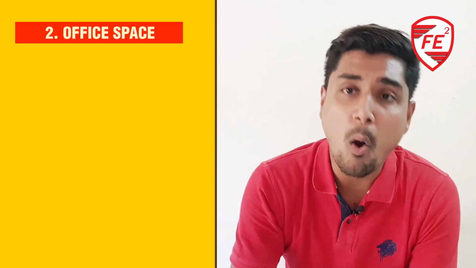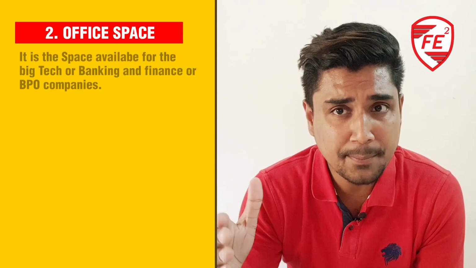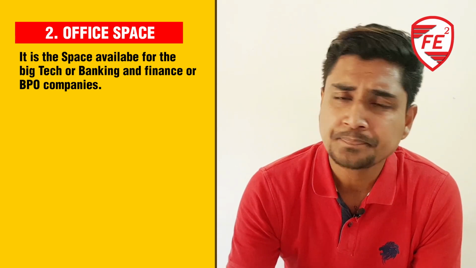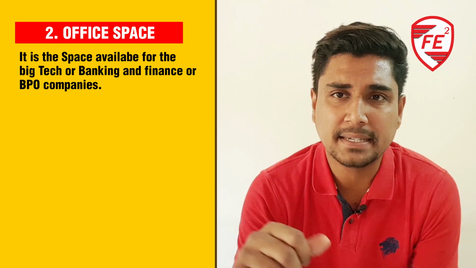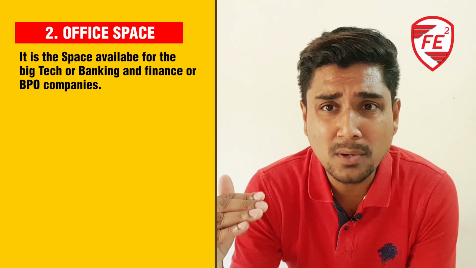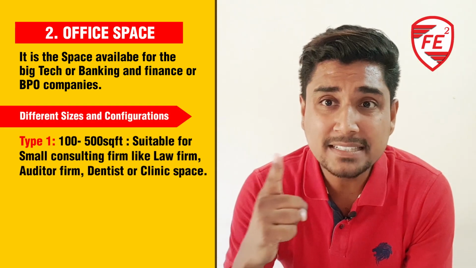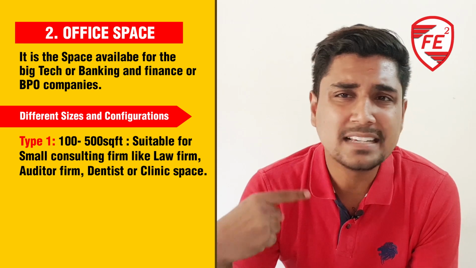Let's move on to the office space, which is the type number 2 within the commercial real estate. The office space is nothing but the space available for the big companies, tech companies or other big companies to have its office. That is called office space. In office space also there are 3 kinds. At first, smaller ones, which is between 100 to 500 square foot, which is more suitable for a small consulting